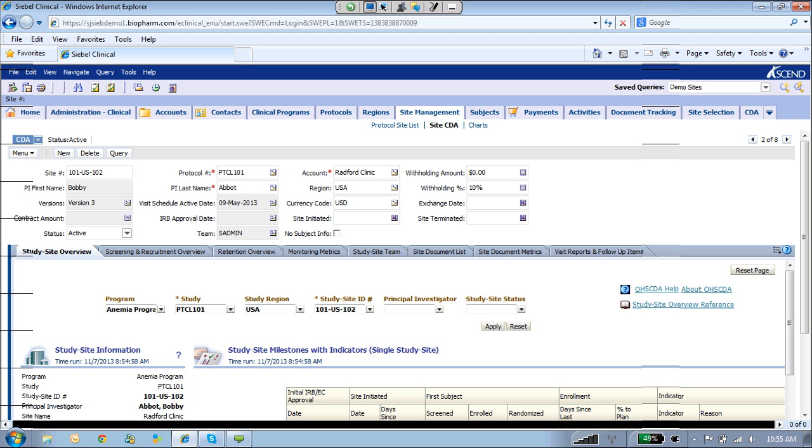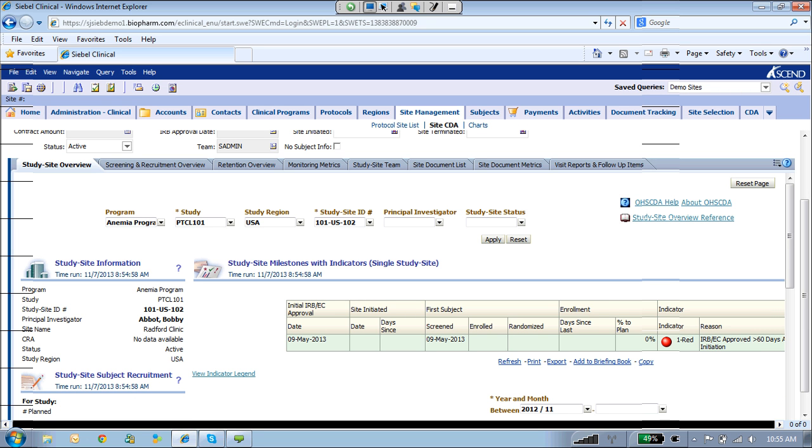But what Siebel and CDA allow us to do is actually create a single user experience for those users that are, by definition, clinical operations that are going to be in Siebel from a day-to-day operations perspective. They don't have to go to a separate application to see all of the same dashboards that Rohit had demonstrated. They can actually view all of that, or you can configure your Siebel system to allow for CDA reports to be embedded directly